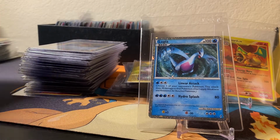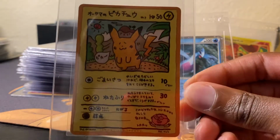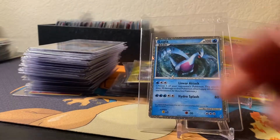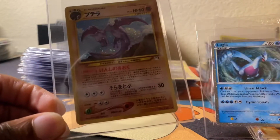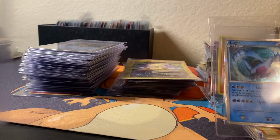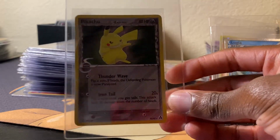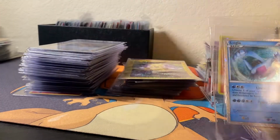So here's the final grading stack. There's a lot of Japanese coming up. You got Japanese Light Jolteon, Hitmonlee, Japanese Aerodactyl, a Marowak, Rayquaza, Pikachu, Holo Deoxys, Japanese Machamp, Japanese Hypno, Japanese Haunter, Japanese Dark Hypno, Japanese Rocket's Moltres, Japanese Dark Golbat, Japanese Dark Alakazam, big